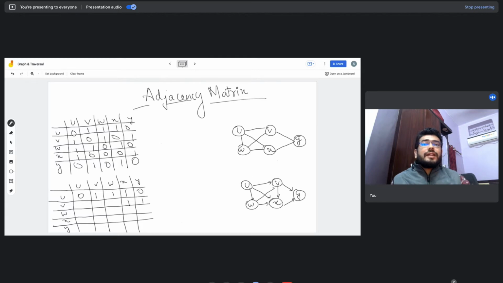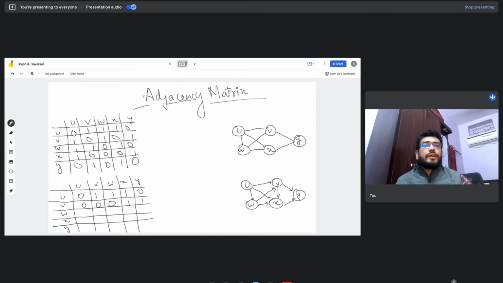We also see that there are incoming edges from u and w to v, but we are not going to consider the incoming edges. We are only going to talk about the outgoing edges, because for each of the rows we are filling 1 in case there is an outgoing edge from v to some other node. So in case of v, we are putting ones in x and y, right? Rest will be zeros, even though there is an edge from u and w to v, but those are incoming edges, not outgoing edges.